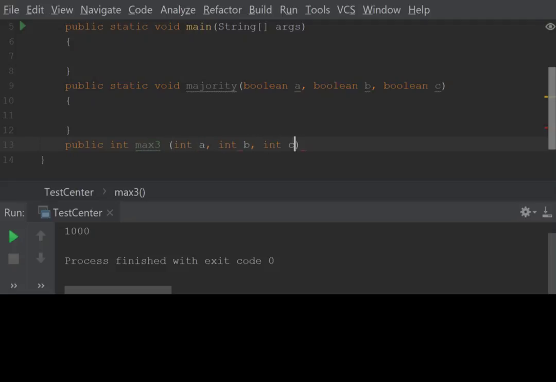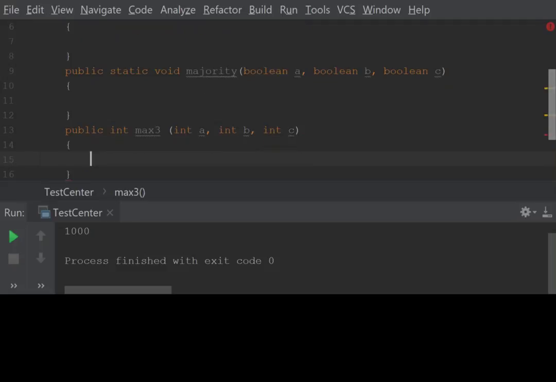Wait, no. Okay, so you guys are going to copy this one down as well. This one's called Max 3. We need to wait for me. I think you are trying to do